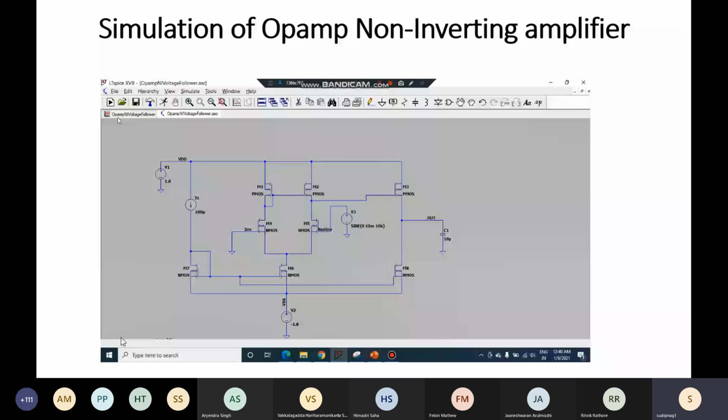Sir, I have a doubt regarding the last experiment: what all parameters do we have to change other than the W/L ratio? Changing capacitors wouldn't affect much in the transient and frequency response. So in the previous experiment, is only the W/L ratio okay, or are slight changes in supply voltage also okay? And sir, supply voltage would obviously be 1.8, right? No, not necessarily. You can keep it at 1.6 or 2.